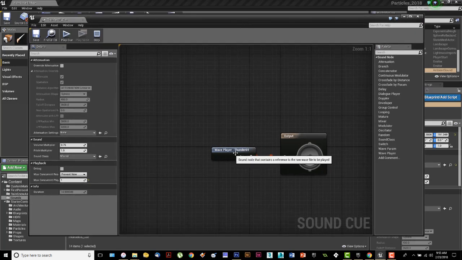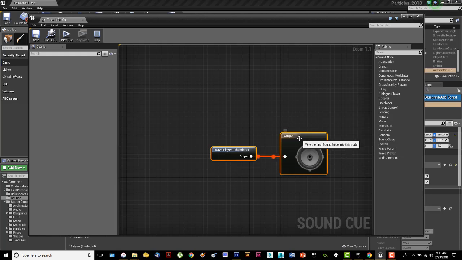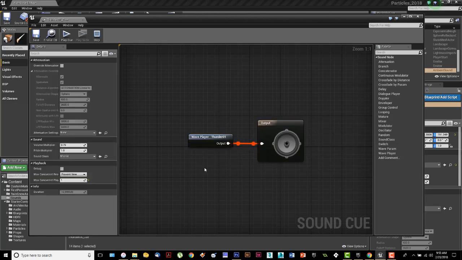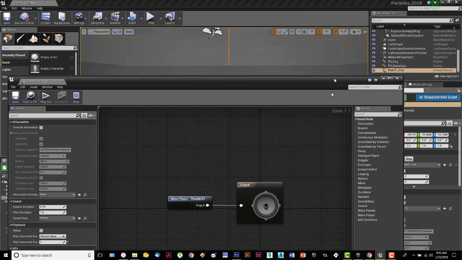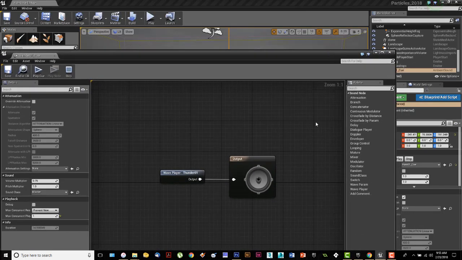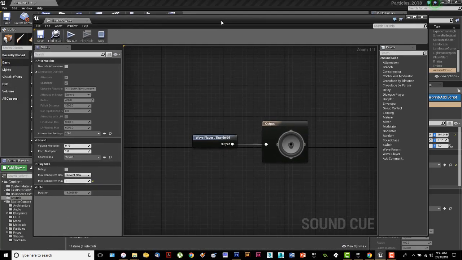Sometimes what will happen is you'll get a sound set up in here, and it'll sound really good. And then when you go to play it in your world, it'll sound really tinny. It sounds like you're listening to it through a metal tube. One of the things that you need to do, or a quick way to overcome that, and you can do